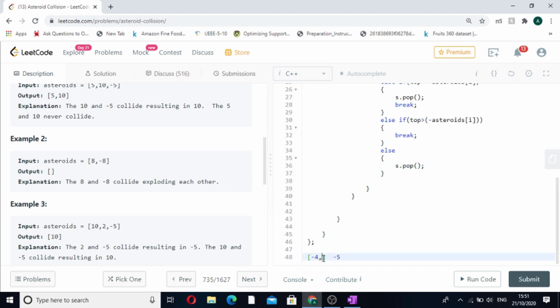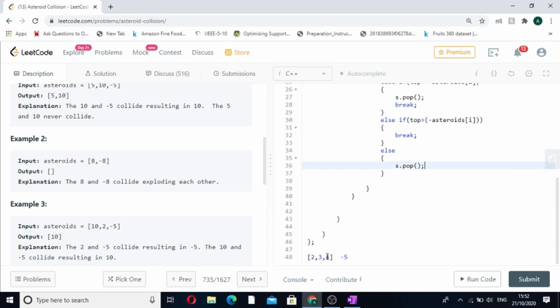It means that top of the stack was 2. Now we encounter the ith asteroid is 5 mass in nature. So this 2 will be exploded. When 2 will be exploded, we have to remove this 2 from the top of the stack. So I have simply done S dot pop. But now consider a case. Say, suppose here it is 2, 3 and 4. Consider a case where what will happen.